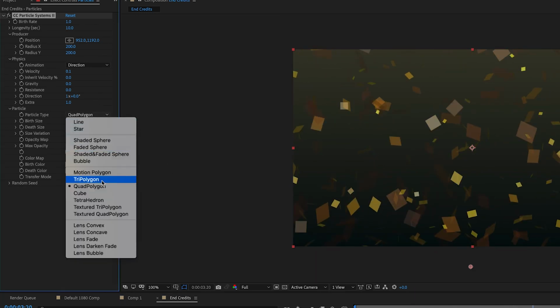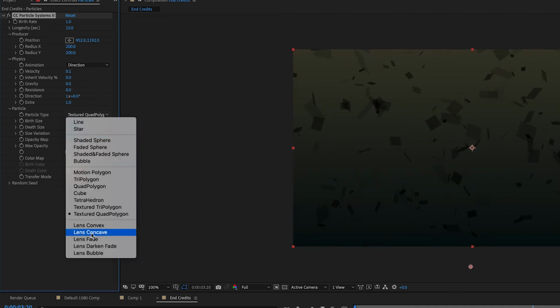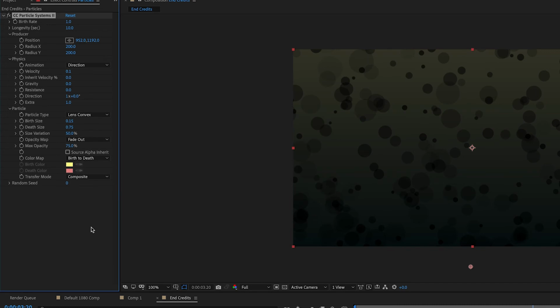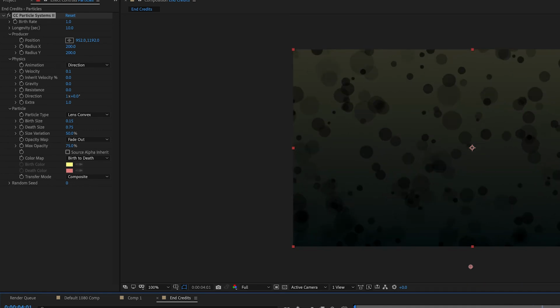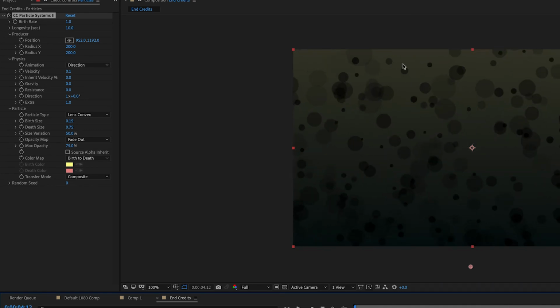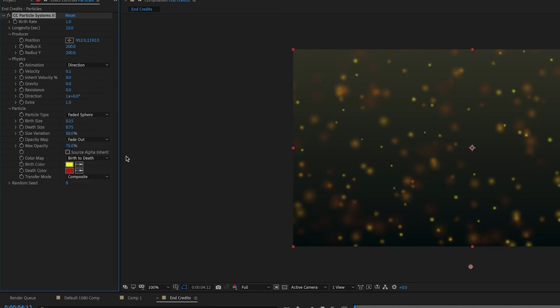Those kind of spin around like a bunch of confetti if you ever needed a confetti system. We have tetrahedrons. We have textured quad polygons. I mean, there's all sorts of things that we can do to these particles. And again, you can do whatever you want. You can pick whatever one of these you want, although we're trying to make it look somewhat realistic. I'm going to go back to the faded sphere, where it's got a solidness in its center, and then it